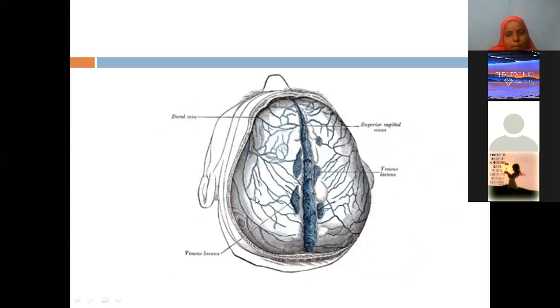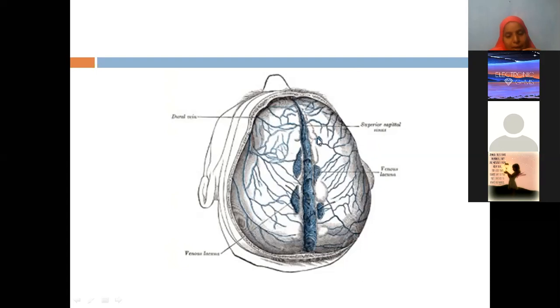Actually, this is dura mater intact. When you have done no dissection, this idea you will have of the dura mater. Okay, and this is the area of falx cerebri. This is exactly the superior sagittal sinus, and these granulations are there. Okay, these are called arachnoid granulations, and these granulations are more seen in old skull bones.